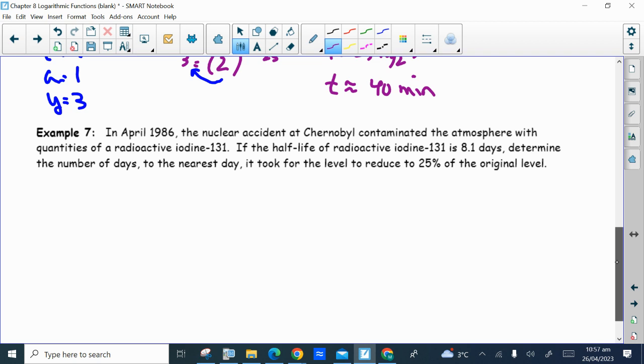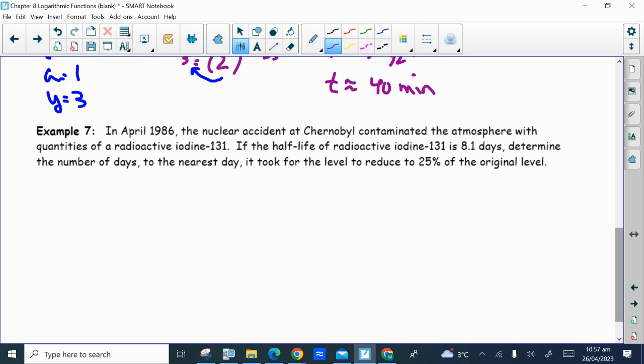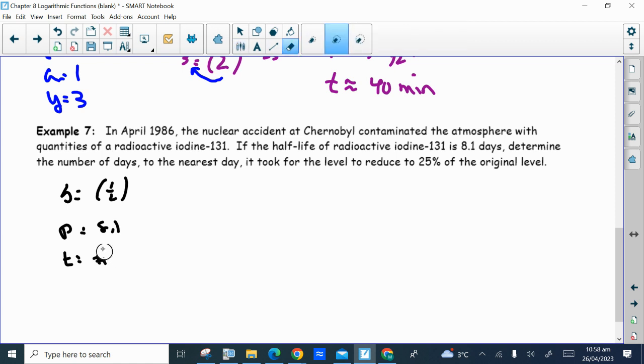So, in this case here, the half-life of the radioactive iodine is 8.1 days. So B, our growth factor, would be a half. And the half-life is every 8.1 days. So that is our growth period. This happens every 8.1 days. We want to determine the number of days, so we want to know what the time is. That's what we're trying to find out